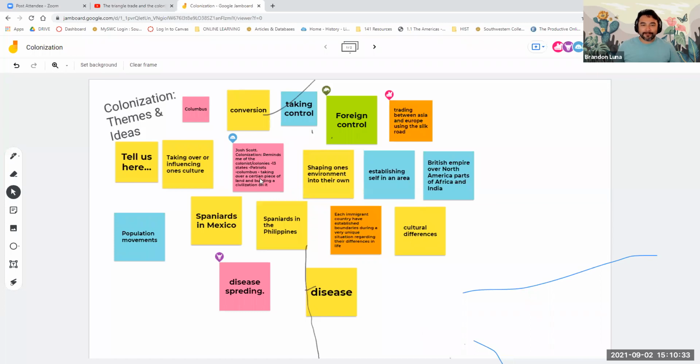But yeah, beginning with the 13 colonies, initially with the English settlement, we have the French settlements, we have New Amsterdam, New York. We have different colonial powers all vying for a presence here in the Americas. One of the earliest would be the Spanish. And so we have the example of the Spaniards in Mexico or in the Philippines, trading between Asia and Europe using the Silk Road. Those are some of the examples as well that kind of apply.